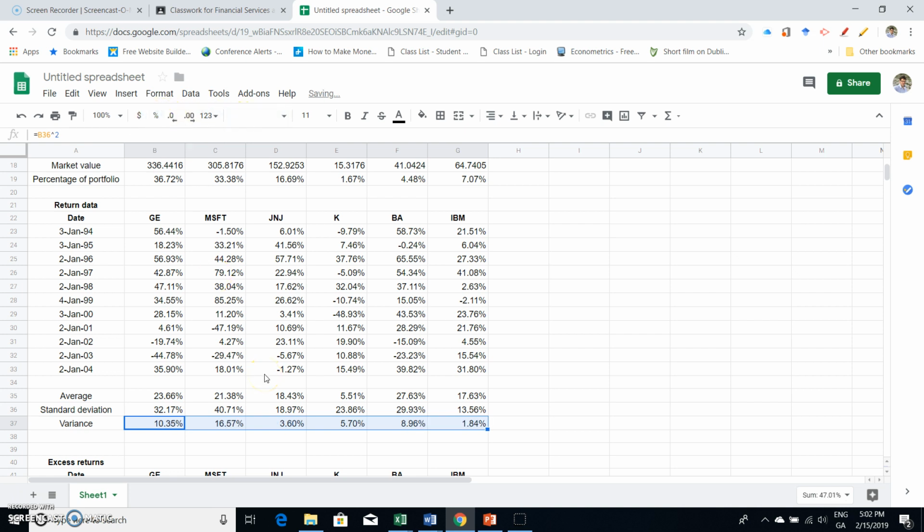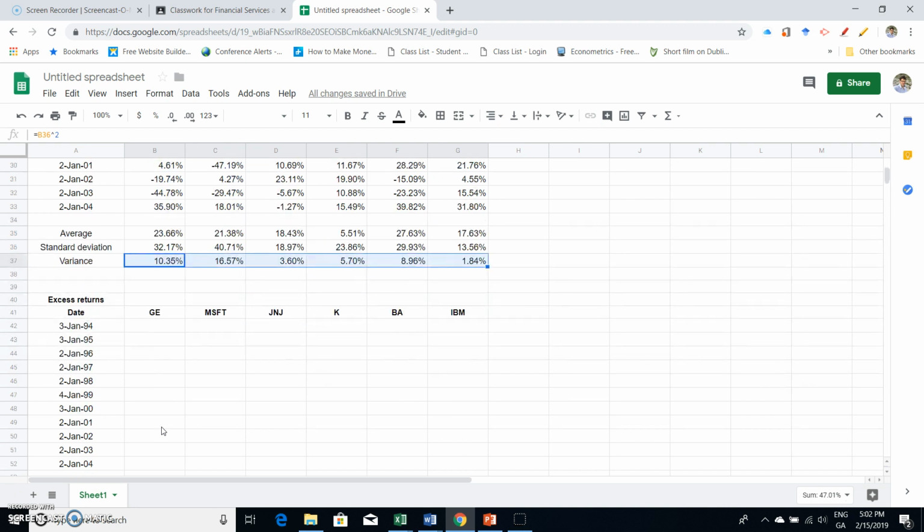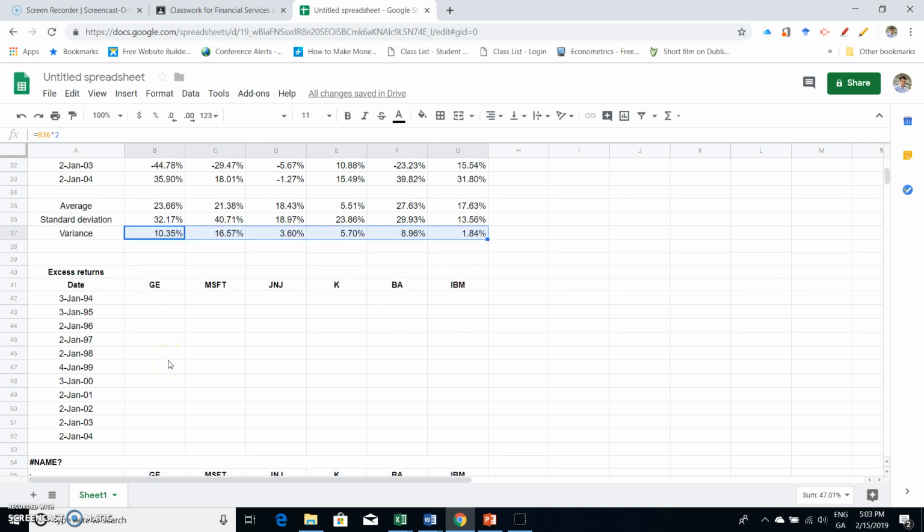Okay, 1035, 1657, and 3.6. Okay, so the variance looks smaller here than the standard deviation. That actually isn't too surprising. That's what we would expect once we're working with values less than 100%. Okay. So next thing then, in order to estimate the variance covariance, we have to